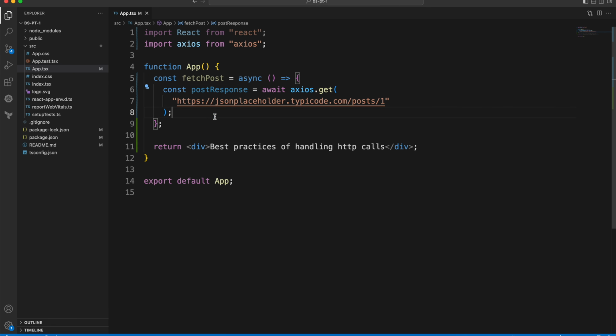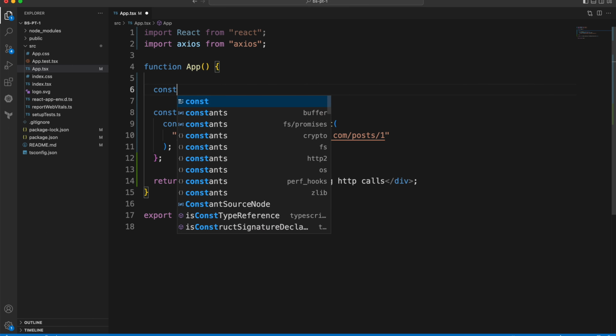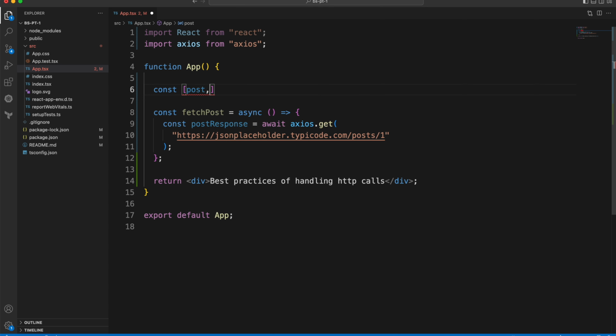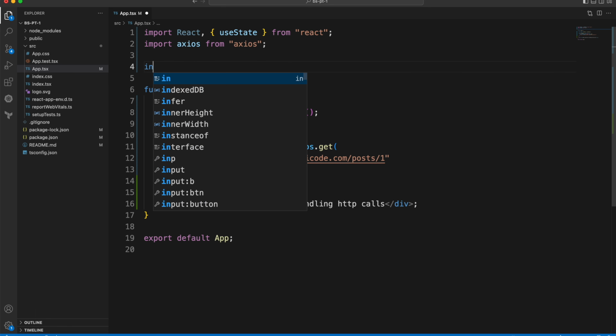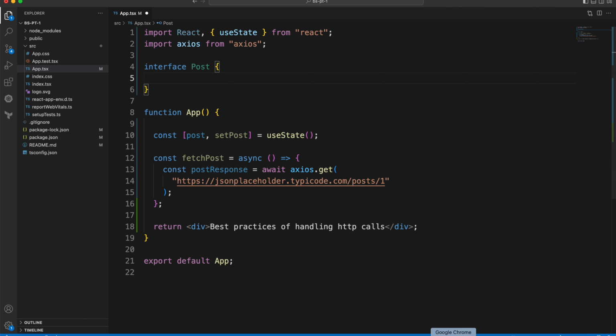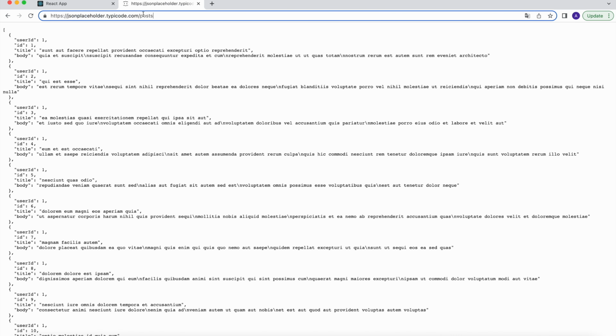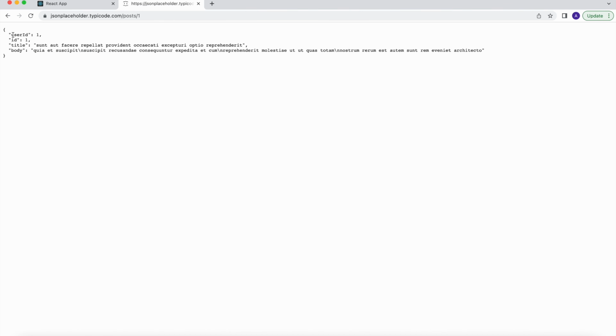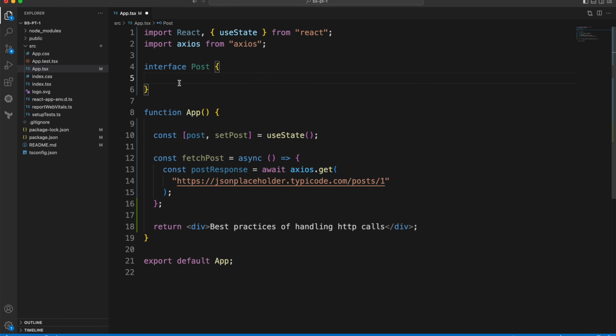When we have this data, after that we need to store it. Let's create a local state, post and setPost. This is the basic thing we used to do. We need to define the structure of a post, so let's define a type for the post. In our call, let's retrieve only one record. In the post we are going to have a userId, title and body. Let's define this. userId is going to be of type number,